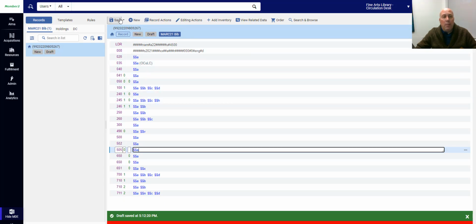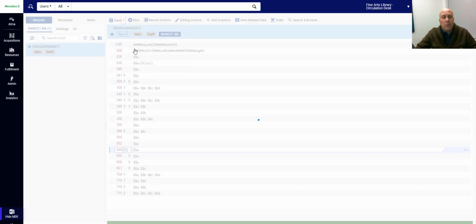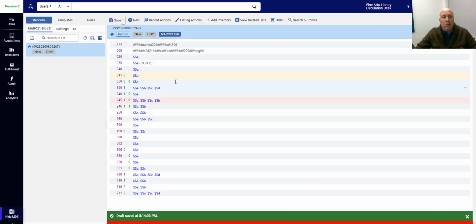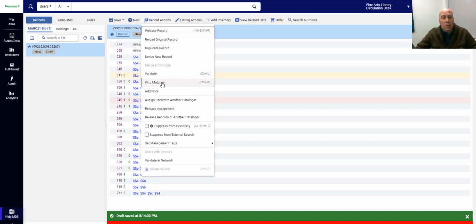So I'm going to go under Save, and I'm going to save a draft. I never want to save the record. I'm always going to be saving a draft. So once I have saved the draft, I am going to go to Record Actions, and I'm going to assign this to another cataloger.